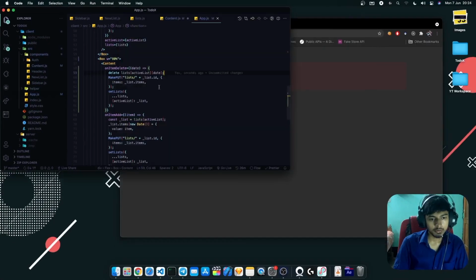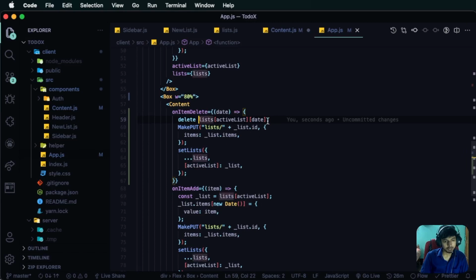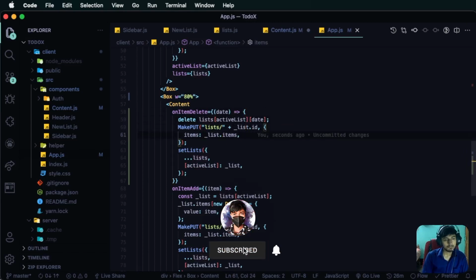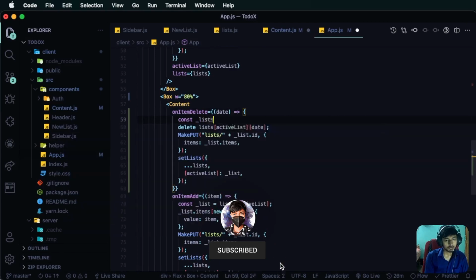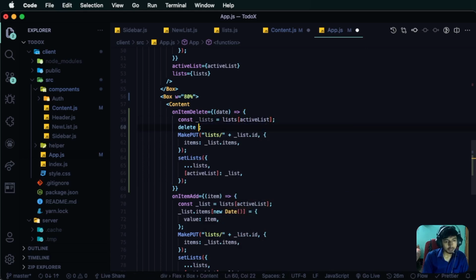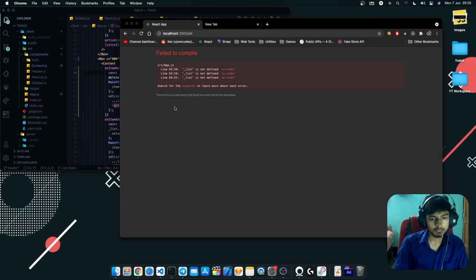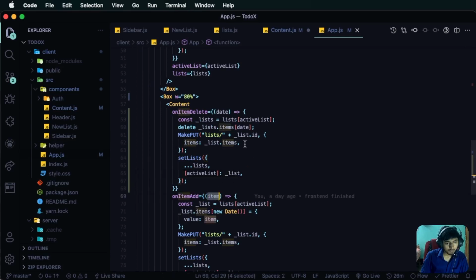Let's check it out. Underscore lists is not defined. Constant underscore list is equal to lists, active list, and delete underscore lists, date, dot items, date. And if we hit save, it should work. Sorry, it's list, not lists. Oh, it's list. Sorry, it was list, not lists. Okay,